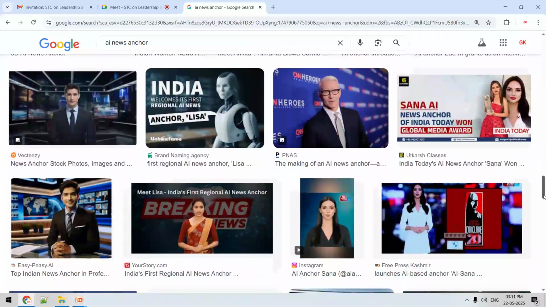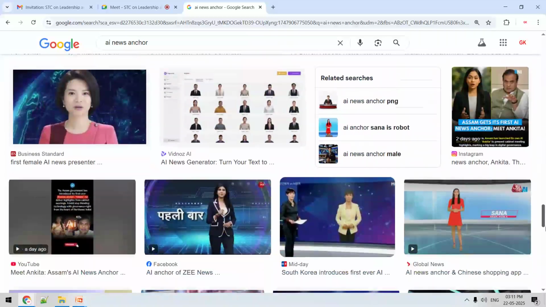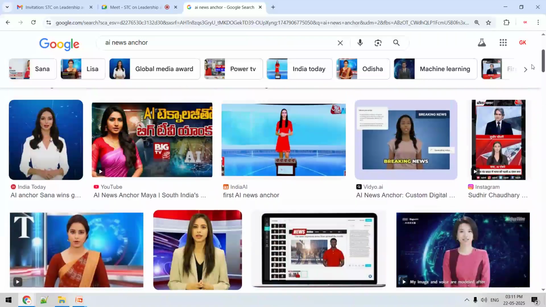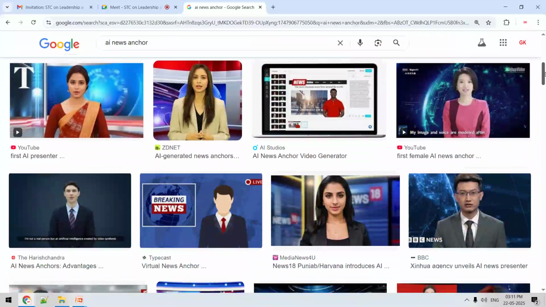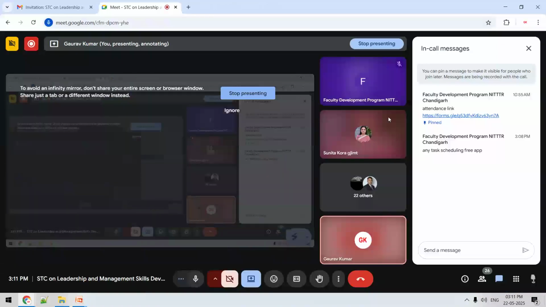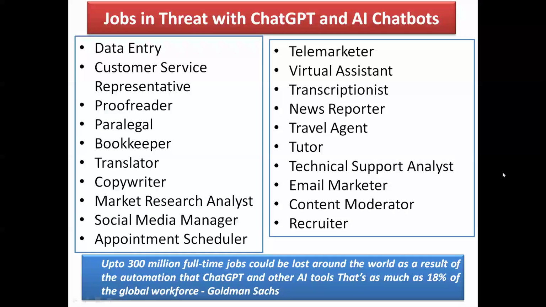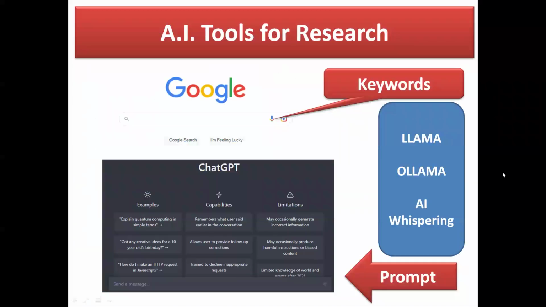Even data engineering, coding, programming, or graphic designing. I will show you some demonstrations, and after that you will come to know that it is actually affecting the overall market. Okay, now we will see how to use some tools for routine applications, routine managerial applications with prompt engineering, AI prompt engineering,